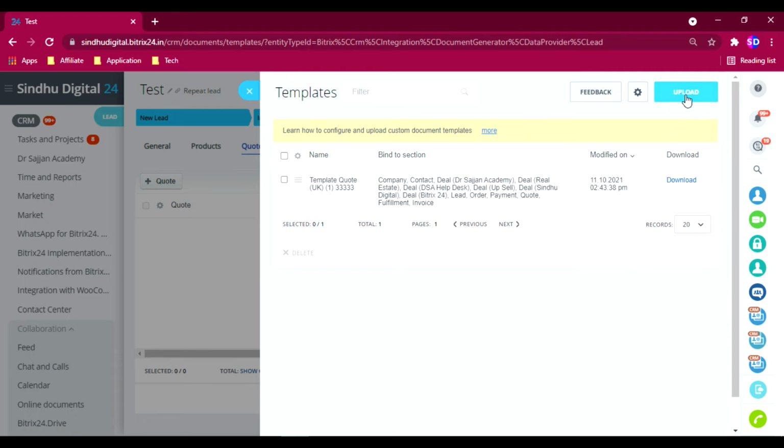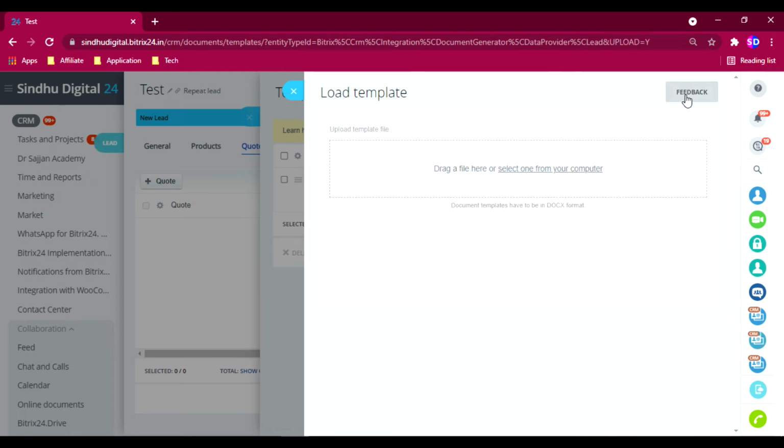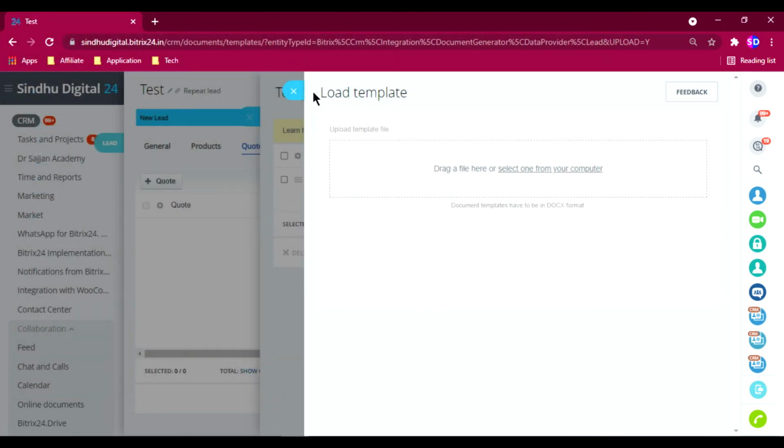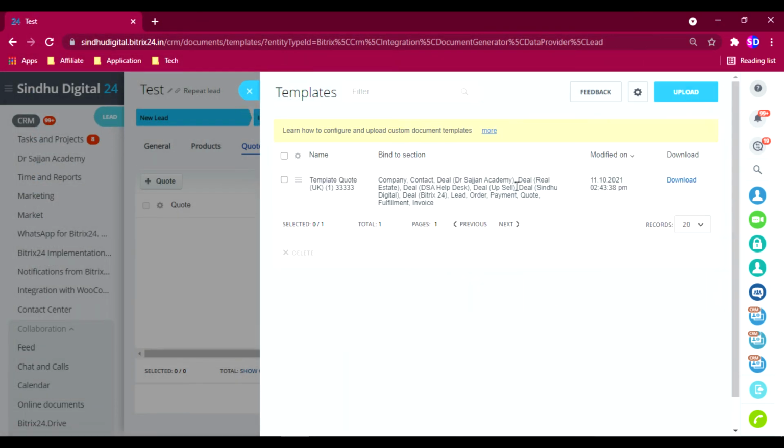You can see there is a button called upload. You have manually created the template with MS Word, and you just add the template from your local drive. You should select it and click on open. It will be selected automatically. Now I have already selected the template.